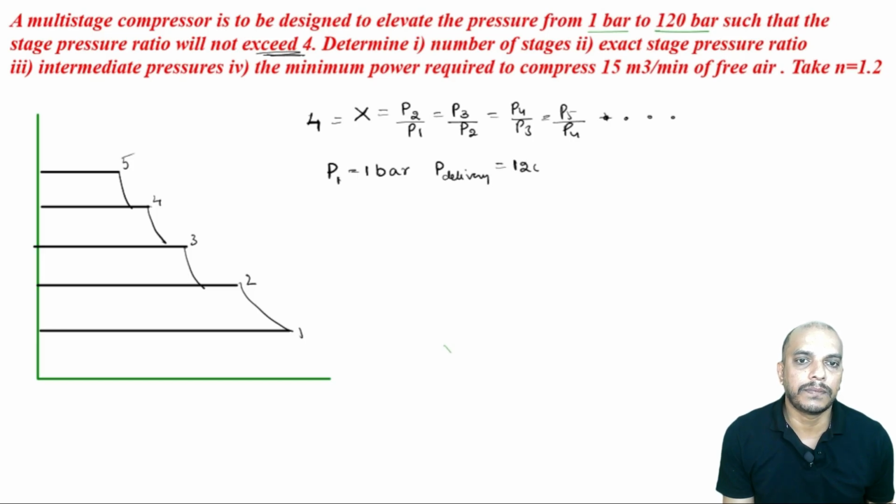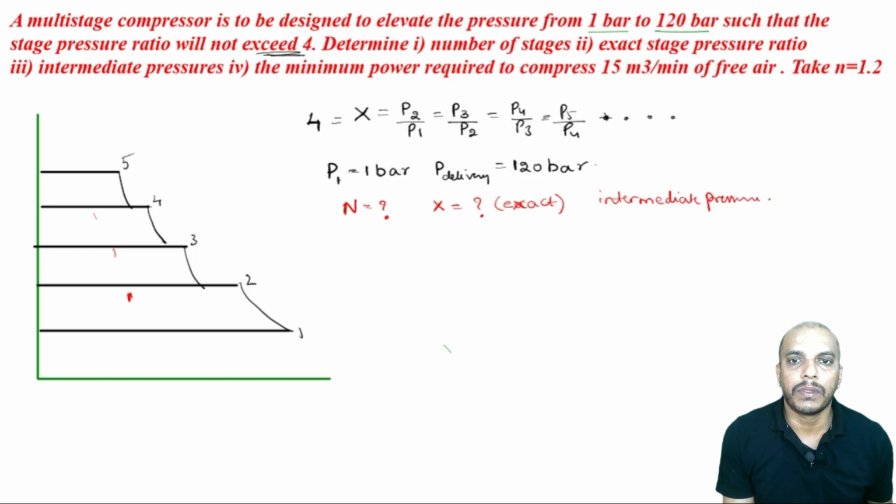is 120 bar. We have been asked to find out number of stages. Number of stages as per our notation is capital N. How much? Exact stage pressure ratio. So, exact stage pressure ratio is x. Here it is given that it should not exceed 4, but what is that exact pressure ratio? We can find it out exact. Then intermediate pressures. Intermediate pressures means these pressures, all right. So, we will have to find out all